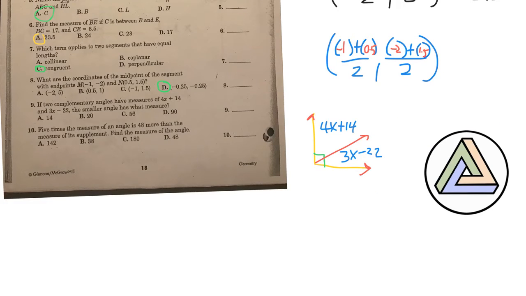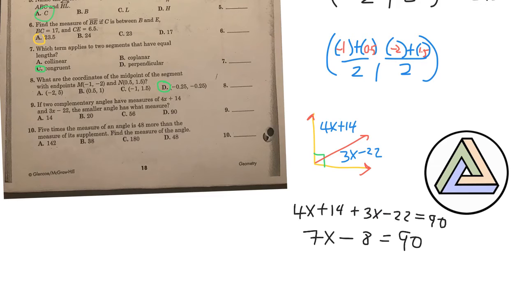And that equation would be this: 4x plus 14 plus 3x minus 22. Well, that equals 90. Combining like terms gives us 7x, and then we have minus 8 equals 90, so 7x equals 98, therefore x equals 14. The fact that it is a nice whole number, an integer, is a good sign. Okay, since x is positive,